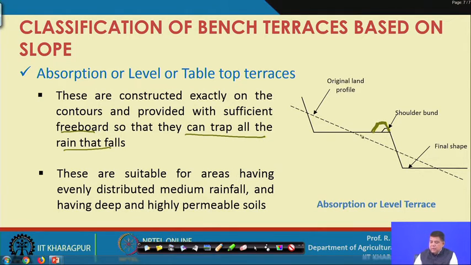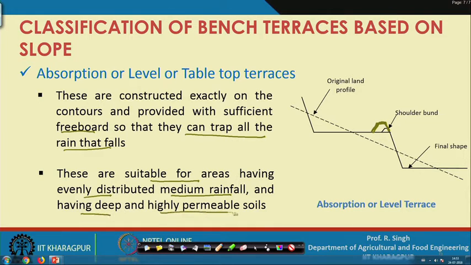So, we do not allow any moisture or any water to move away, and we wish that all the rain that falls over this particular area, over the tabletop, is all conserved. These are suitable for areas having evenly distributed medium rainfall and having deep and highly permeable soil. So, rainfall has to be medium, and the soil characteristic is very important. The soil should be deep enough and it should be highly permeable, or the infiltration capacity of the soil should